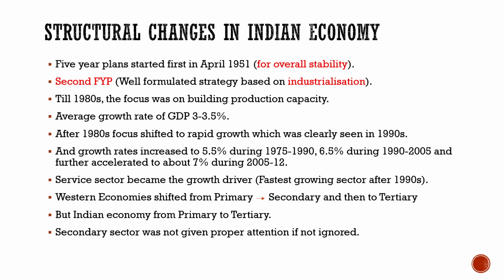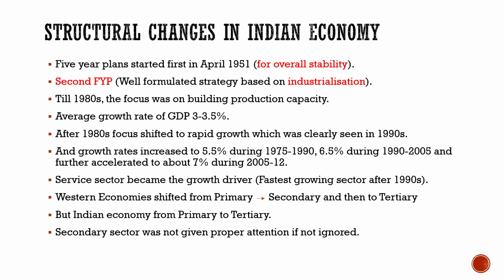Structural changes in the Indian economy. As we see how these structural changes took place, we start with the first 5-year plan adopted in 1951, which focused on overall stability and building production capacity, and very much emphasized the agricultural sector. The second 5-year plan was a well-formulated strategy based on industrialization, where we put so much money into developing core industrial sectors like iron, steel, and